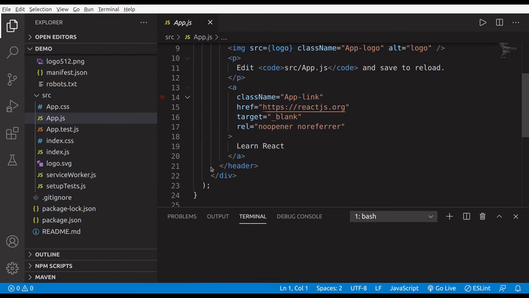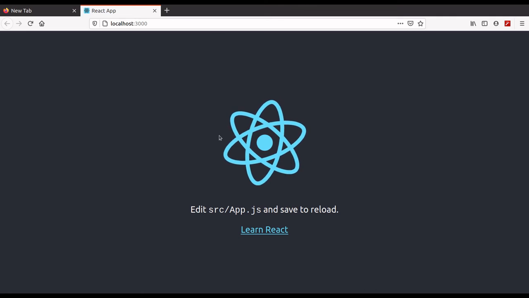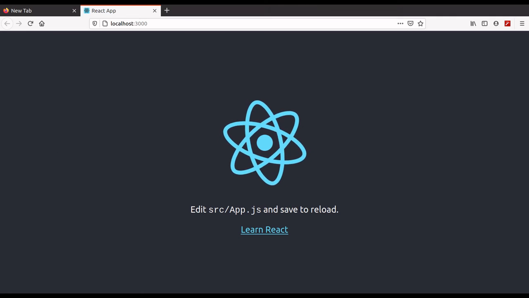Again, open terminal, and make sure that you are in the demo directory, and start your application so that it will launch the localhost. Yeah, this is your localhost. So it will load since I haven't written the code.